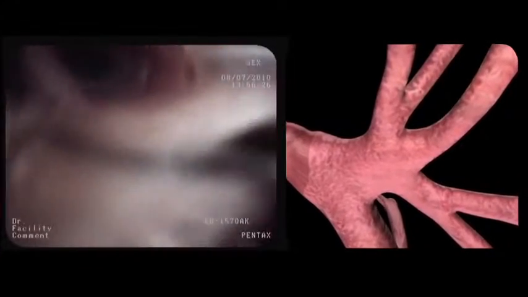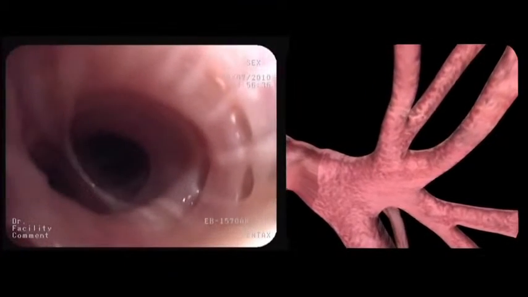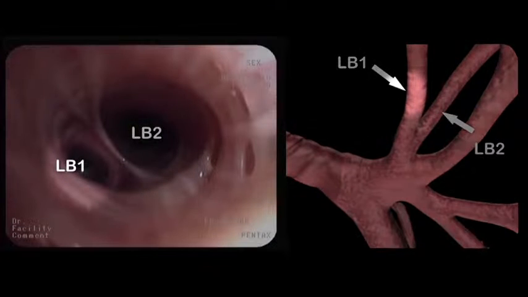The LB1 plus 2 is often difficult to inspect because of its steep angle. The lung biopsy is taken, the bronchoalveolar lavage you can take to diagnose, rule in, rule out tuberculosis, or look for malignant cells, and so on. Once the bronchoscope is positioned well, we can see.